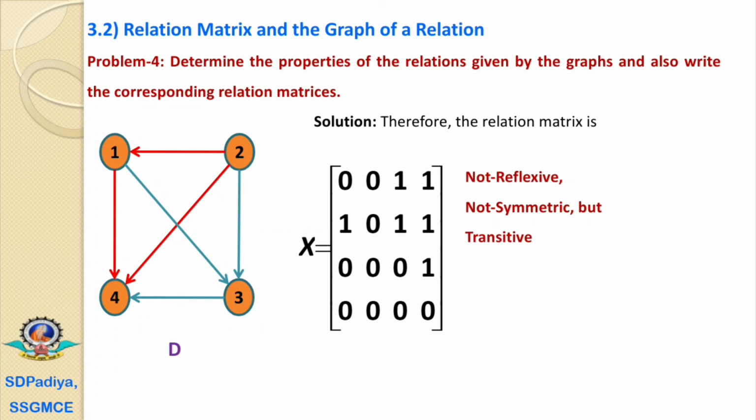Is it symmetric? Then no, because this 2 has a relation with 1, but 1 is not having the relation with 2. 2 has a relation with 3, but 3 is not having the relation with 2. That's why it is not symmetric. But is it transitive? We'll check that 2 has a relation with 1 and 1 has a relation with 4. Then this 2 has a relation with 4. This red lines. Again we'll check that this 2 has a relation with 3. 3 has a relation with 4. Then 2 also has a direct relation with